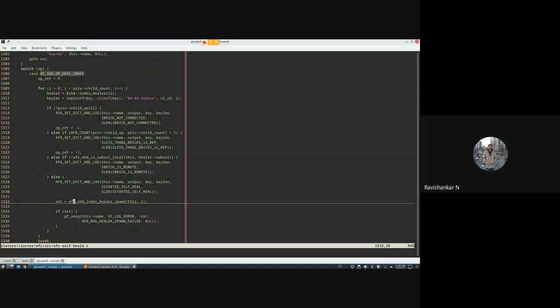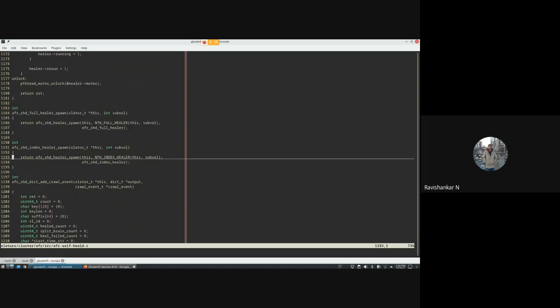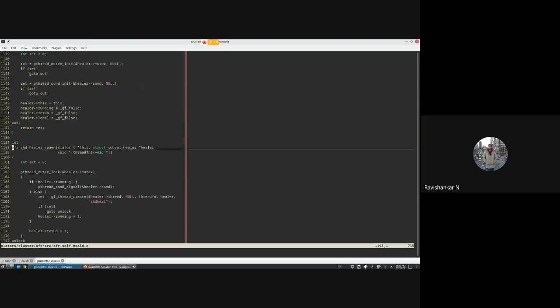This function is also idempotent like the full heal spawn function, meaning it will first check if the healer is already running, and then it will just send a condition signal so that it exits the while loop and starts healing. Otherwise, it will create a new thread for healing.